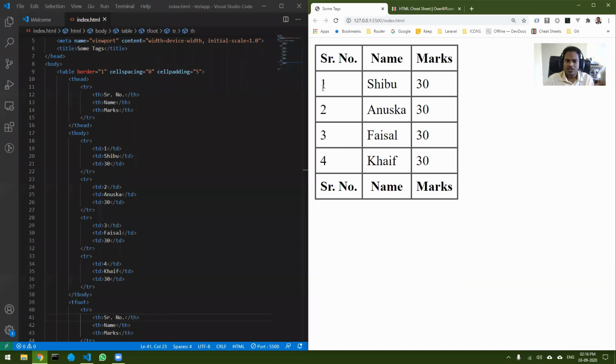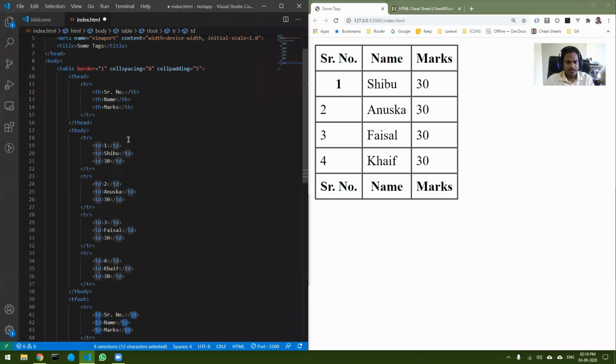In that case also you can put this as th. So you can see what difference it makes between keeping the element as td or keeping the element as th. This is just an added advantage. Okay, so that is that part.